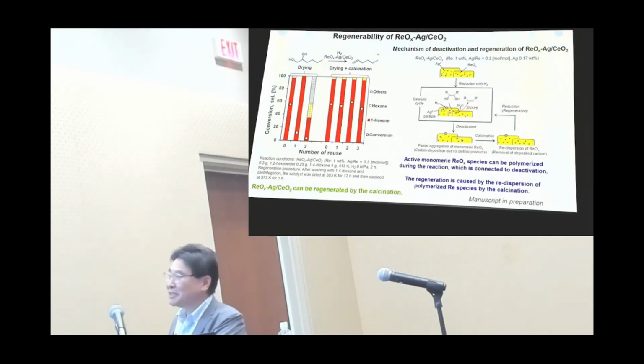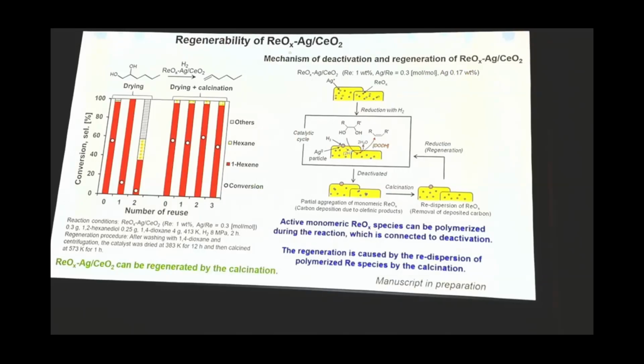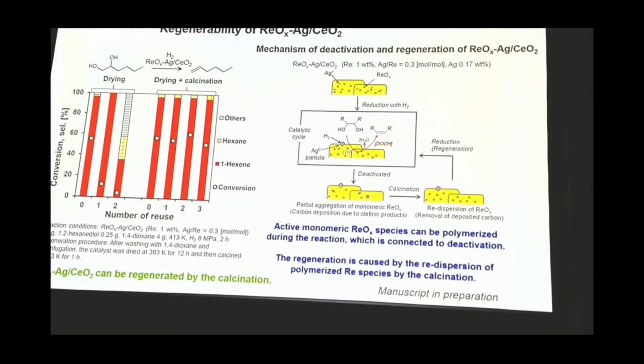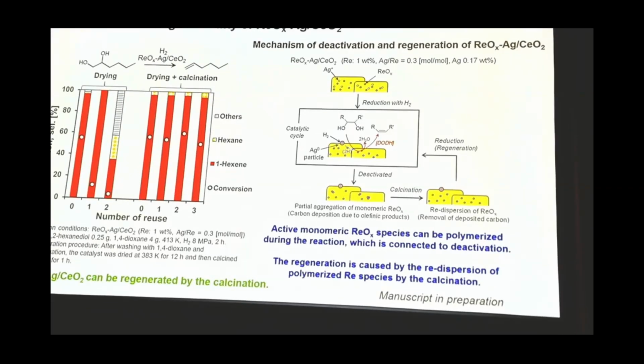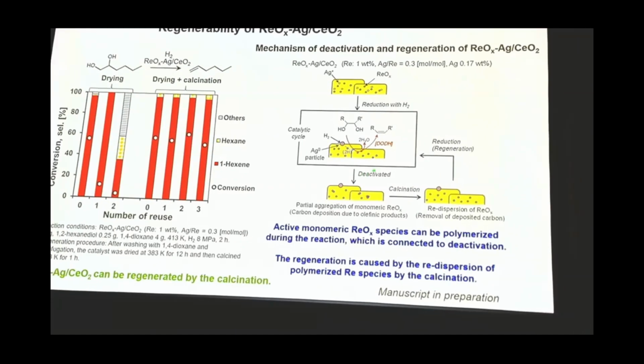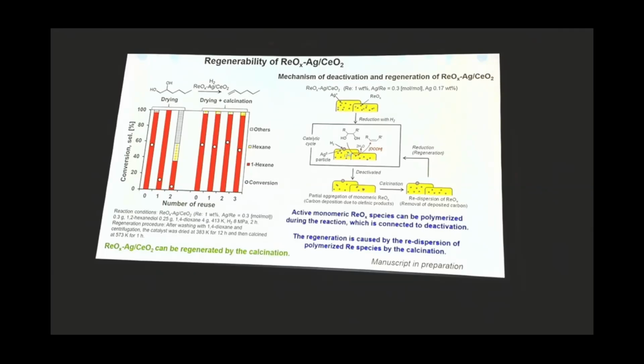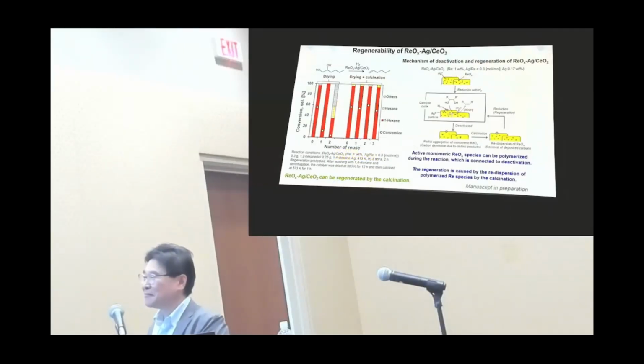Next, I would like to talk about the regeneration of the rhenium ceria catalyst. In the case of only the drying procedure, the catalyst is deactivated, but with the calcination procedure, the catalyst can easily regenerate. We are thinking that the monomeric rhenium species is active, but two kinds of reasons are present